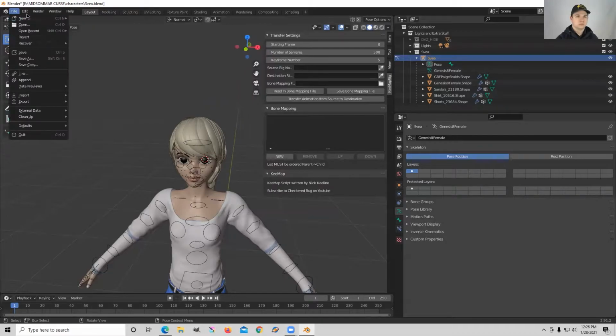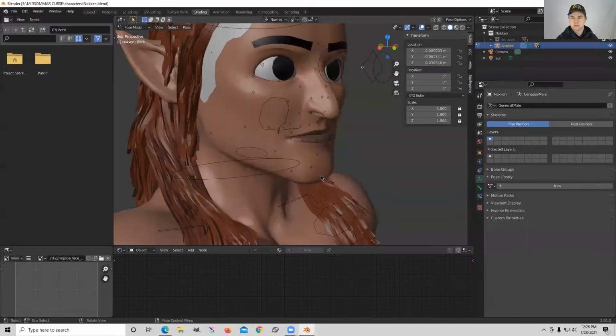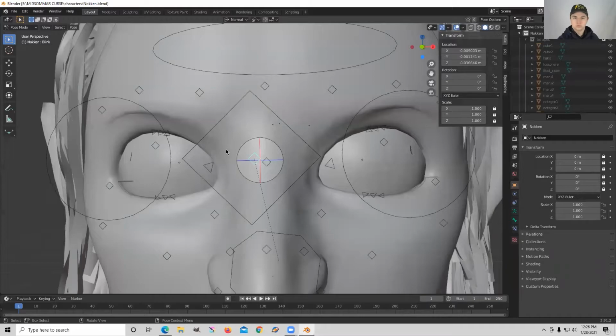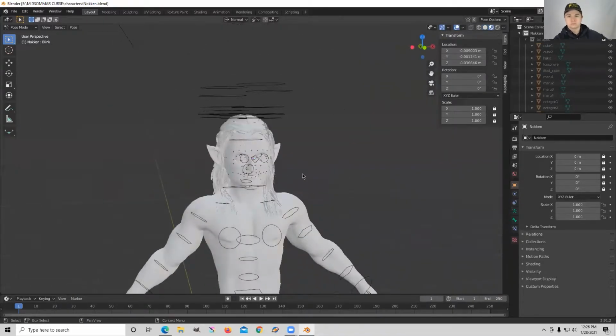Actually, I'm going to switch files so that it matches. Okay. Layout. Okay, so